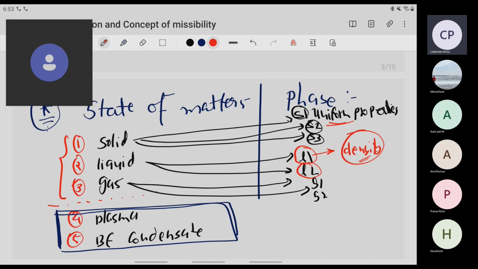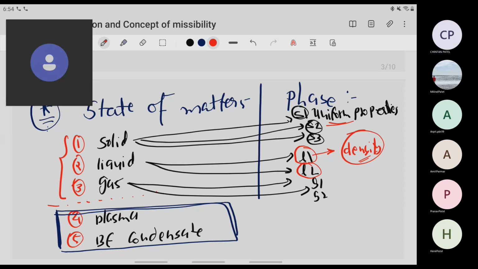So when I said this is liquid phase one, this is liquid phase two, both phases may exist immiscible, or they both may exist in terms of miscibility, but what we can say is that a particular phase has its unique characteristics in terms of properties. Okay, so hope this is clear. Any doubts in this? No, sir. Okay, good. So have you understood this? What is the difference between state of matter and phase? Minor difference, but whenever you are reading the books and it is written as a phase, then you should consider it may exist as liquid phase one and liquid phase two simultaneously within a particular